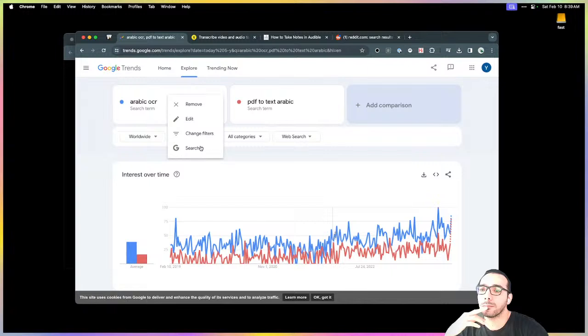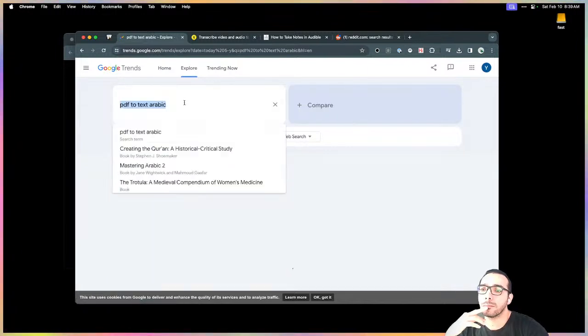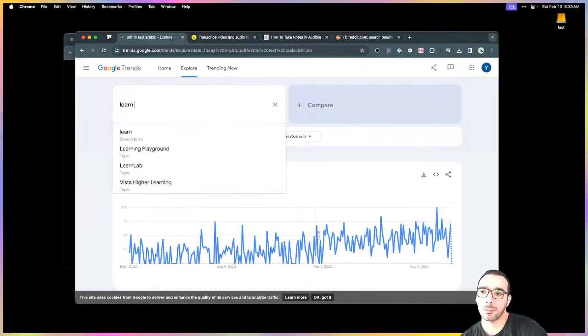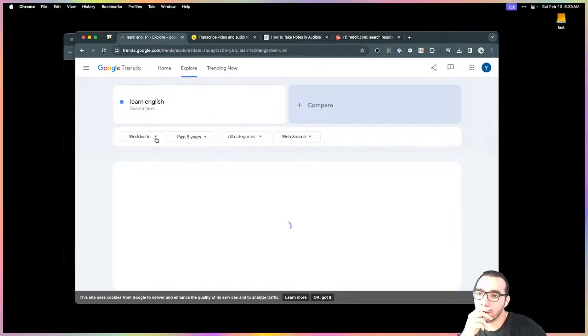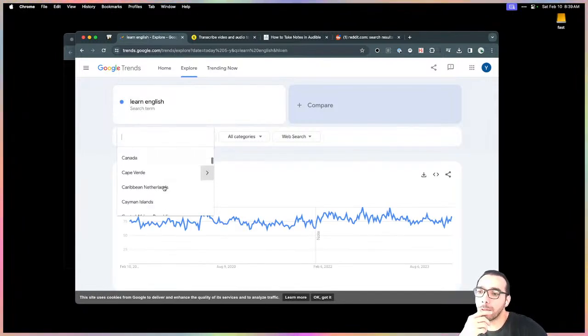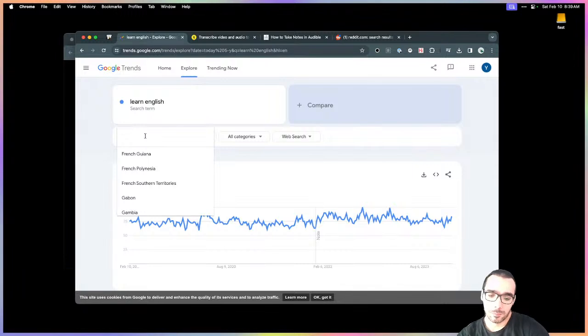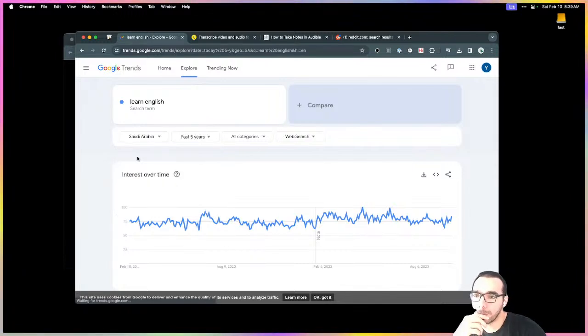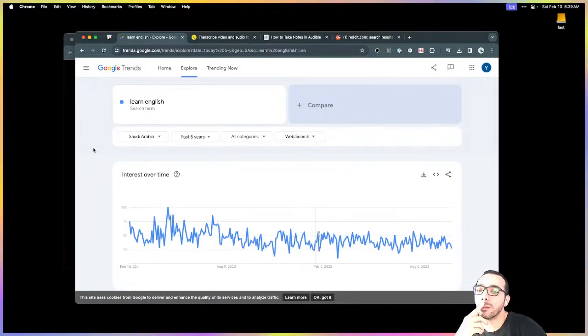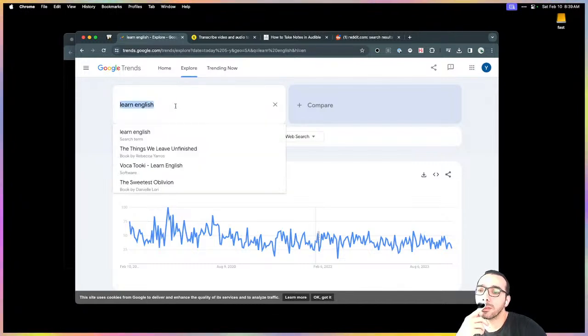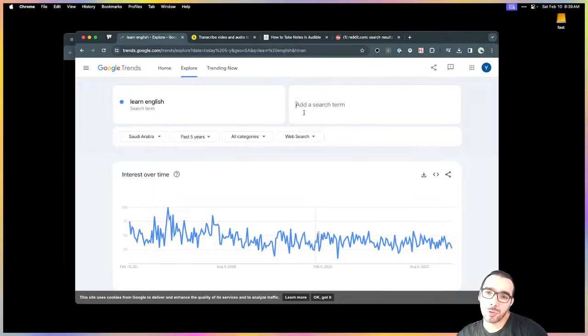Oh, yeah. Learn English. Curious what that looks like. Can you search by region? Yeah, maybe search Saudi Arabia. Oh, dropped. Oh, interesting. Maybe if you search for the term.